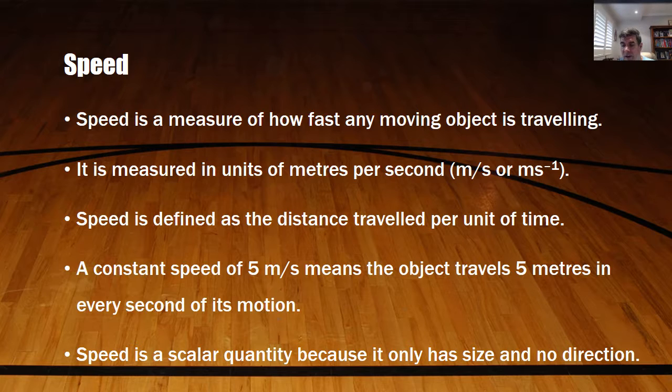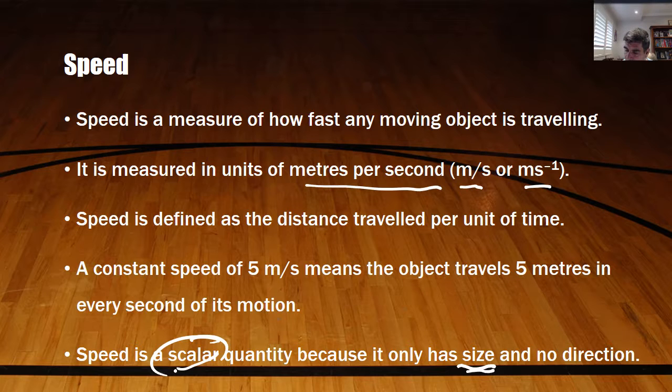Speed is a measure of how fast an object is traveling. It's a scalar quantity because it only has size. It doesn't include a direction, and that is going to be one of the key things that differentiates it from velocity. We measure speed in meters per second, which can be written in either of these forms, meters over seconds